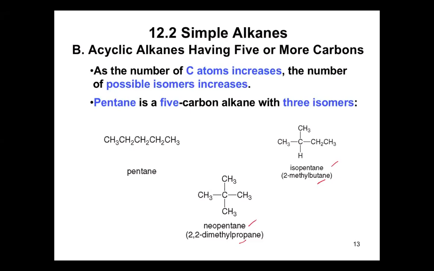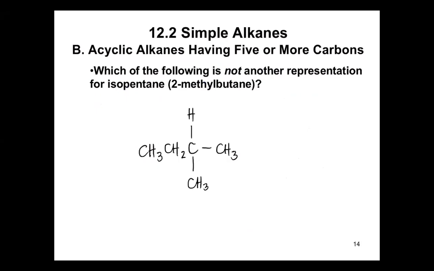Okay? So example, I think this is in your book. Which of the following is not another representation for isopentane? By the way, again, yung isomers should be branched. Okay, hindi siya yung straight chain lang or hindi pwedeng nakabend lang. Kailangan, when you count the total number of molecules, same din sila with pentane, pero branched yung isomer. Okay, yung may iso sa pangalan, yung isopentane.